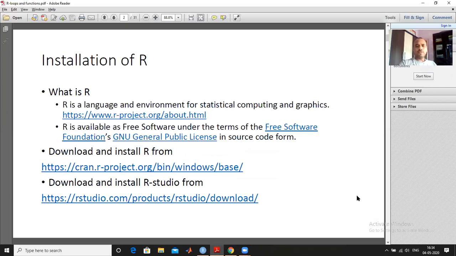After installing R, those who are new can go through this software and then do small things or basic code available on the internet.